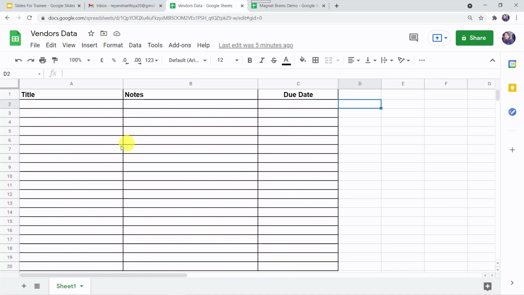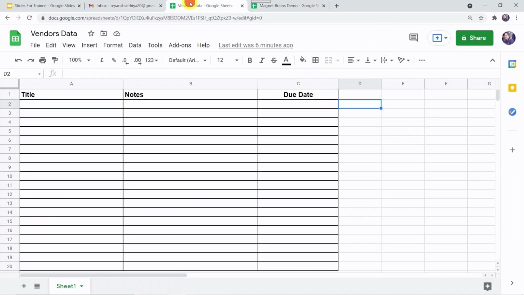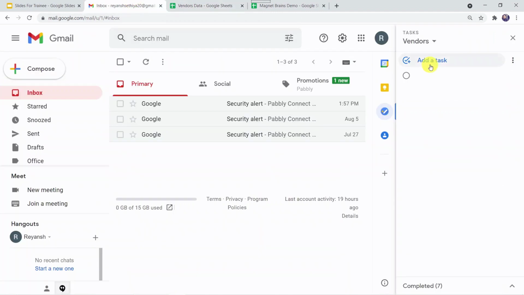So this is my Google Sheet, vendors data, and this is my Google Tasks list, that is vendors. So I want that whenever I create a new task in this vendors task list, it should automatically get updated in my Google Sheet. So let us create a new task. I'll click on add a task and I'm giving the title as vendor details.